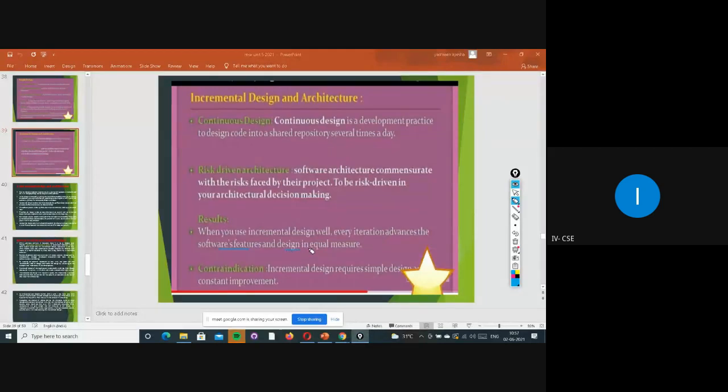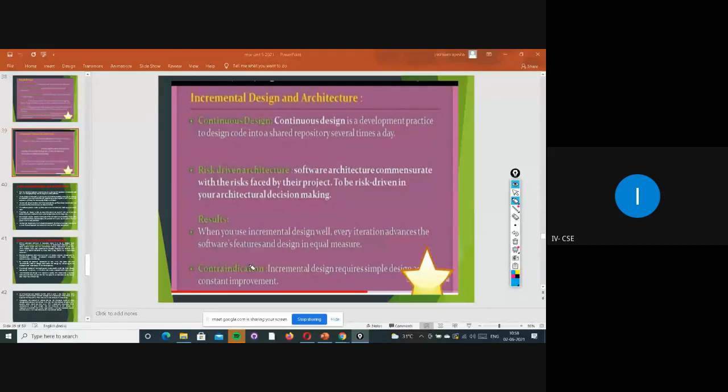So in equal measurement it will be displayed to the users and customers, and simultaneously users will be getting the profit, and the organization will be getting the profit. Whoever has developed that, the organization will be giving them some bonus or increments, like that. So equal measurements will be there for them.